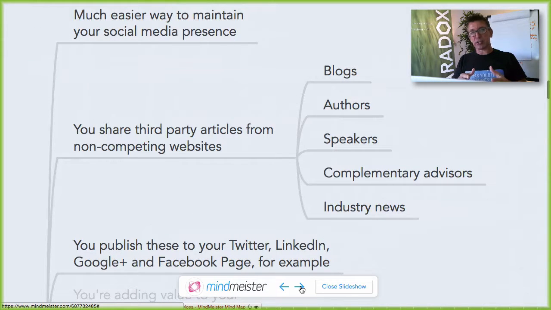Now, this is a much easier way for you to maintain a consistent social media presence because you're just finding cool content, articles, for example, videos, other things, and you're sharing them with people that you're connected to in social media. So that's third-party articles from non-competing websites. So that's other blogs,